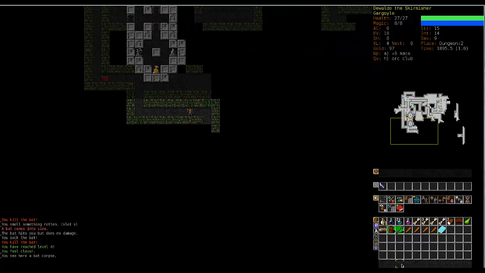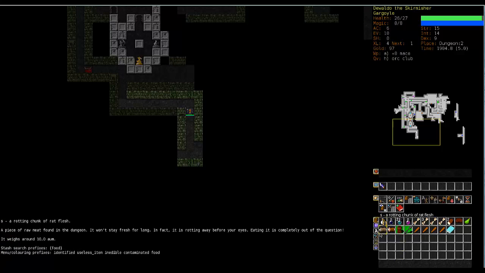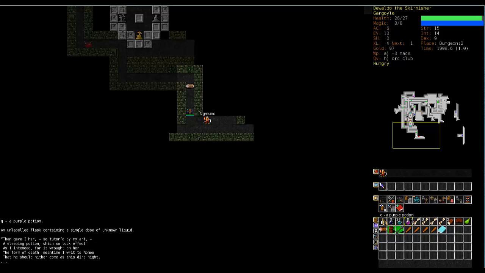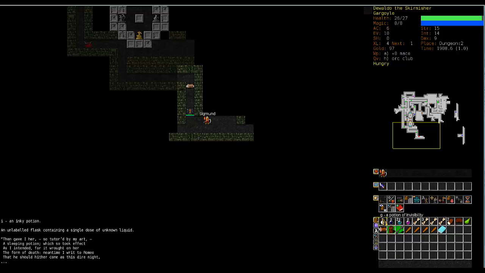which is, as a gargoyle, you are vulnerable to Shatter and Lee's Rapid Deconstruction. Oh gosh. Shoot, this could do me in. Oh, and I haven't really identified any of my potions or any of my scrolls. So...